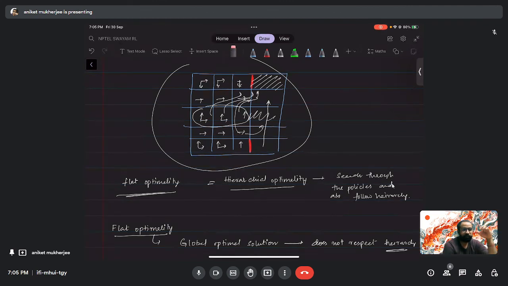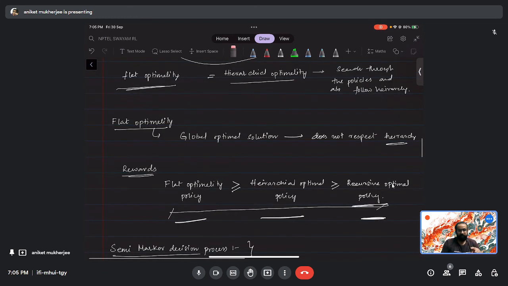So instead of searching for one optimal policy, you have to search for multiple optimal policies which could pop up from those, and then you need to put pairs for the multiple optimal subproblems and see which gives you a higher reward. So anything which gives you a higher reward for multiple. So what I'm saying is hierarchical optimality